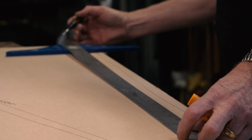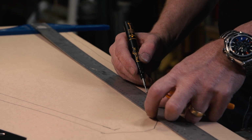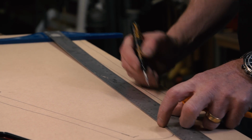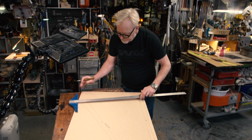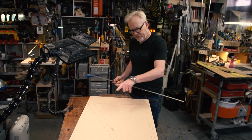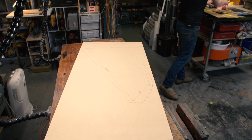And this one will be 23 inches, 17. I might be able to get all of this out of this single piece. Right, and I can glue and screw it. Okay,